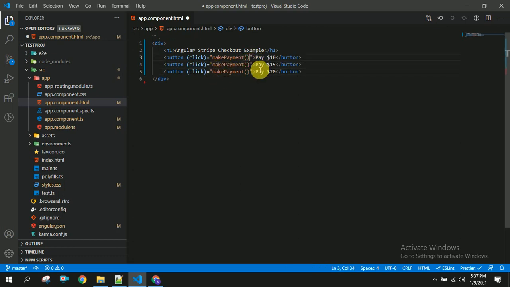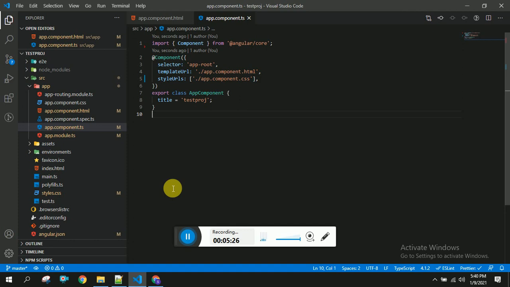So we have to send an argument. So if you are passing this dynamically, then you can send that amount dynamically. Sending 10, 15, and this is 20. Now once you are done, you have to save this, and let's go to app component.ts.